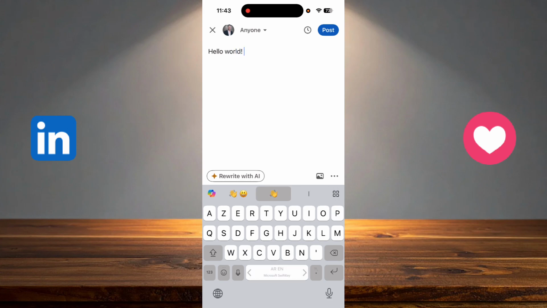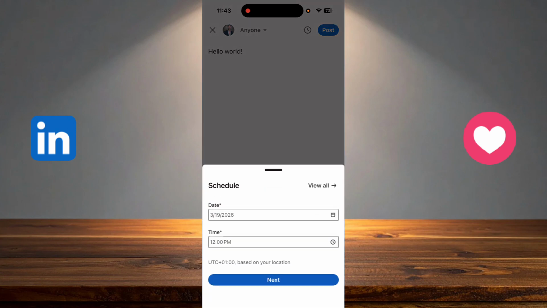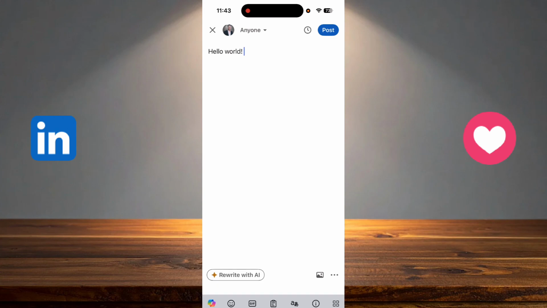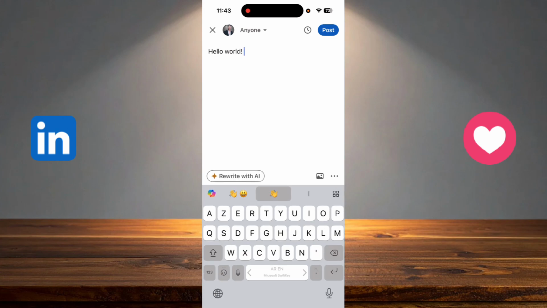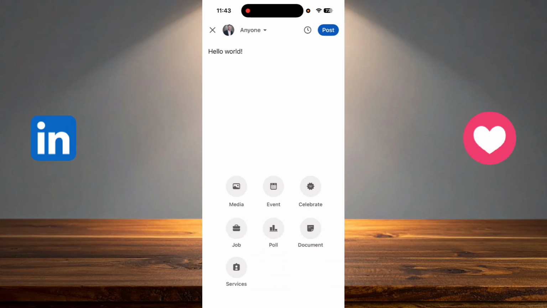And after that, you will have multiple options. You can post it now when you are typing, or you can click on the clock, so you can schedule that post to whatever time you want. And also you can add pictures to your post by clicking on the picture icon, or click on the three